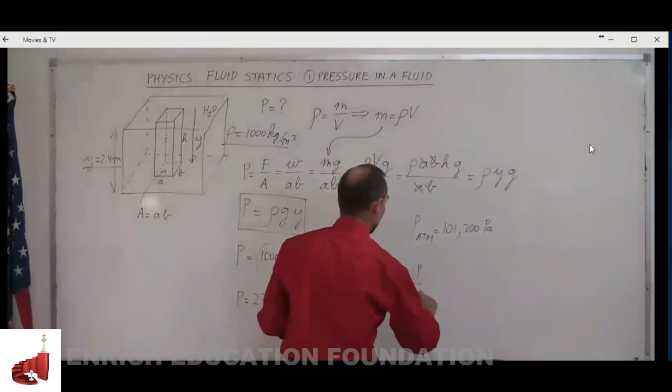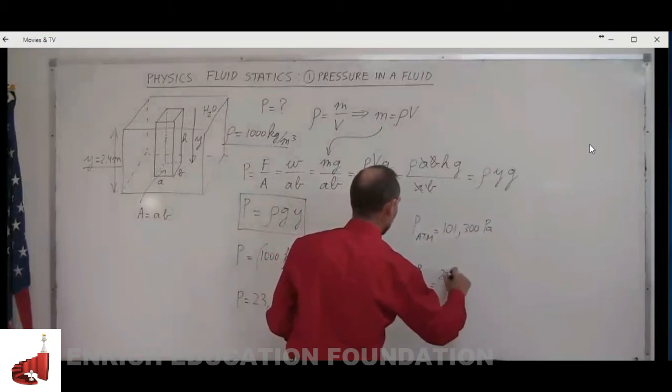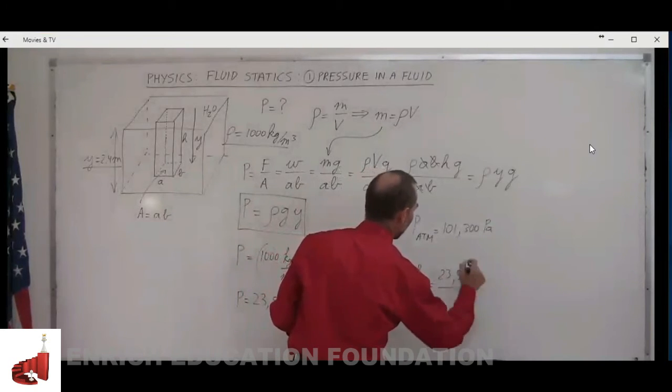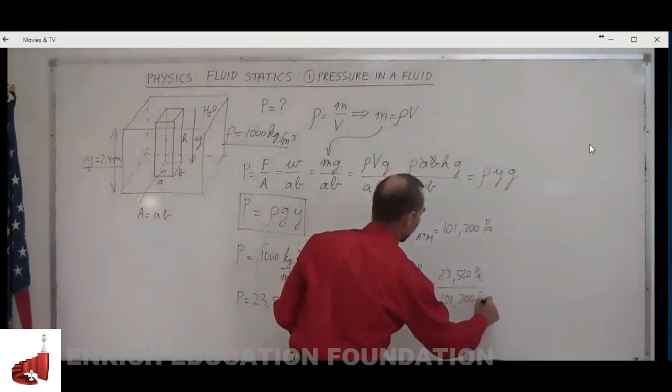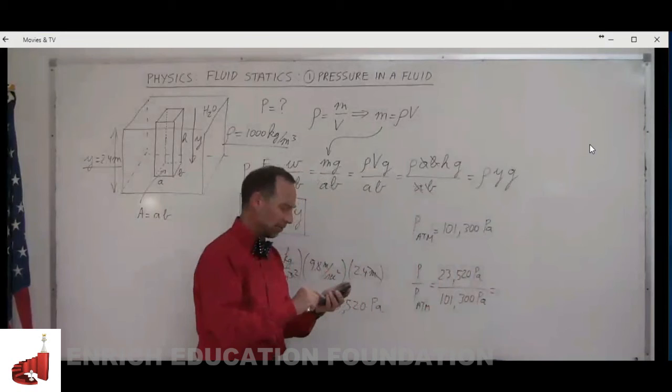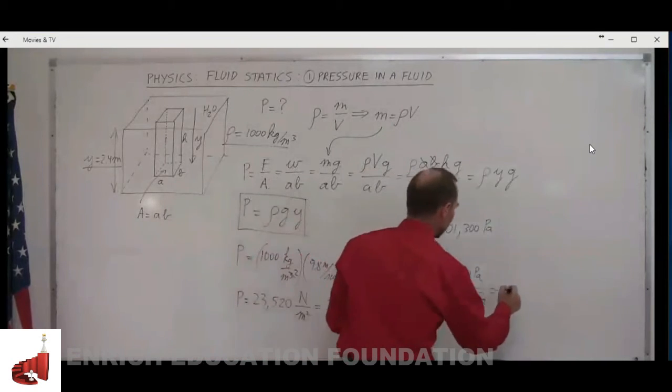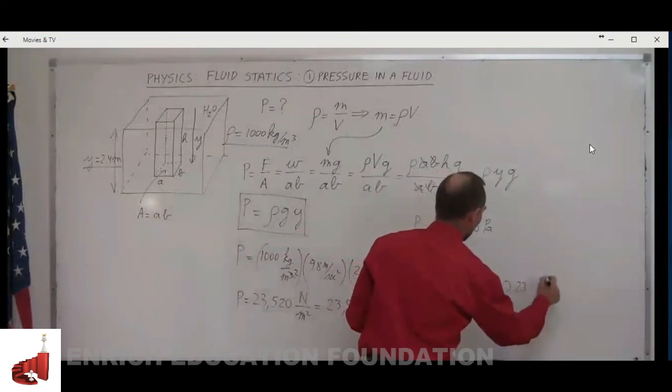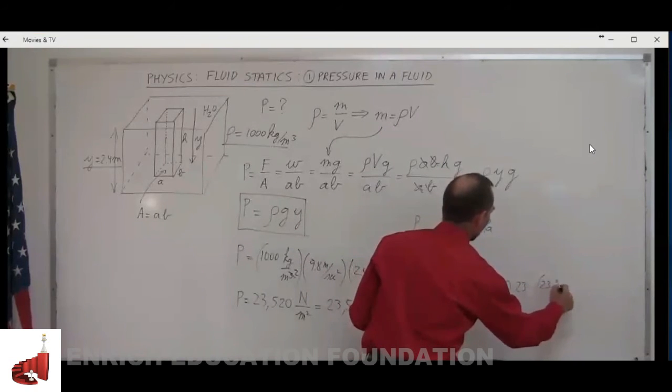So P divided by P atmosphere is equal to 23,520 pascals divided by atmospheric pressure, which is 101,300 pascals. So if we do that, we can see that this is equal to 0.23 or 23% of